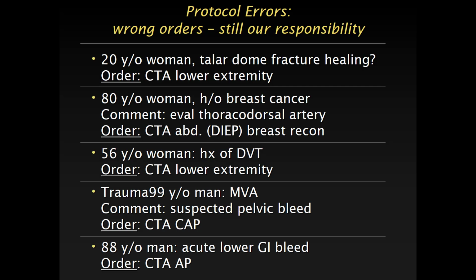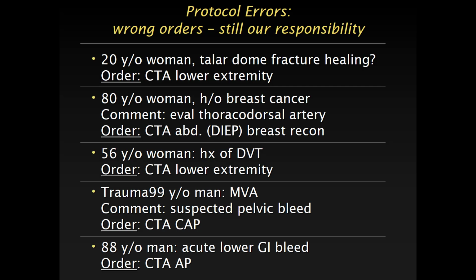A 56-year-old woman had a history of DVT. The ordering physician clicked CT angio lower extremity. What did we do? We did a CT angio of the lower extremities. Could we see anything about the veins? No. Again, a complaint from the IR guys, and we have to bring the patient back, and that's something you really want to avoid. Not because it's the IR guys, but in general, you want to avoid having